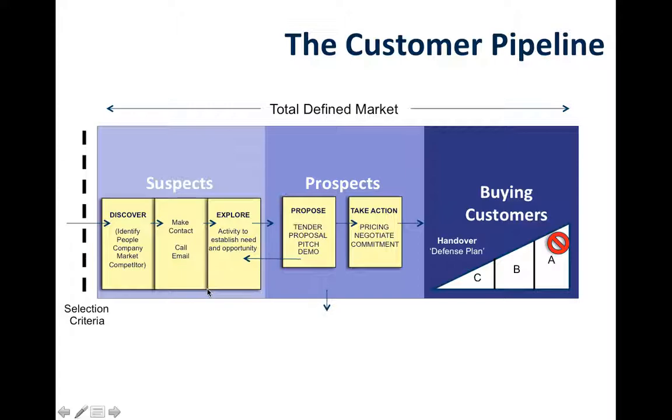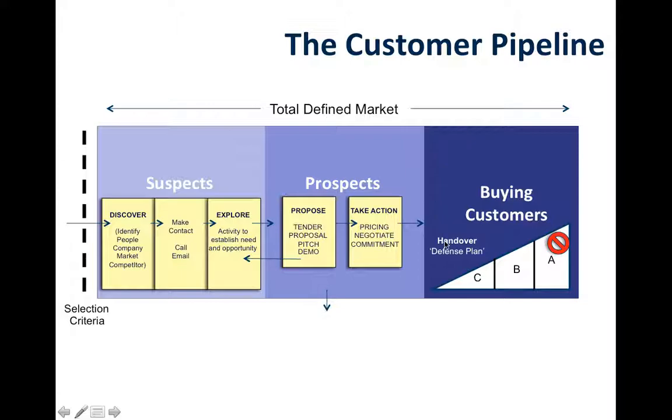Customer pipeline, as you know from the training, is looking at your total defined marketplace. Where would we like to fish? Where is our pool to be able to fish within a reasonable place where we're going to get good quality business from the customers that we manage or the customers that we win. And because you're working in RM and BD teams, the RM's responsibility is mainly here with our buying customers,